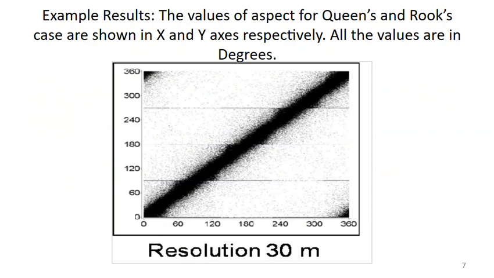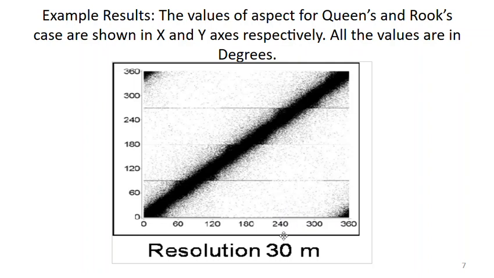Here are the results. This is the first case where we compared a Queen's case aspect map and a Rook's case aspect map at 30-meter resolution. What this plot is telling us is that on the x and the y axis we have 0 to 360 degrees. Each point corresponds to the same pixel on both maps, and how both maps interpret the angle of the